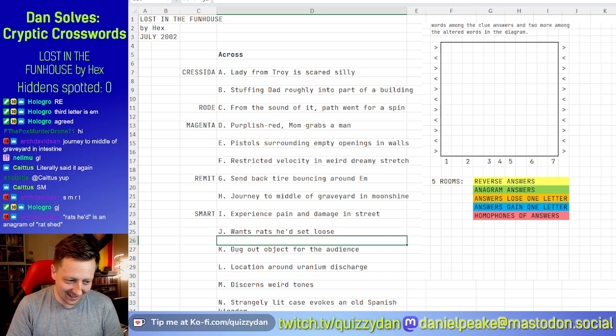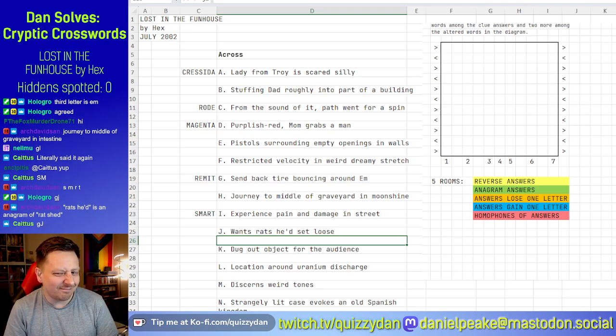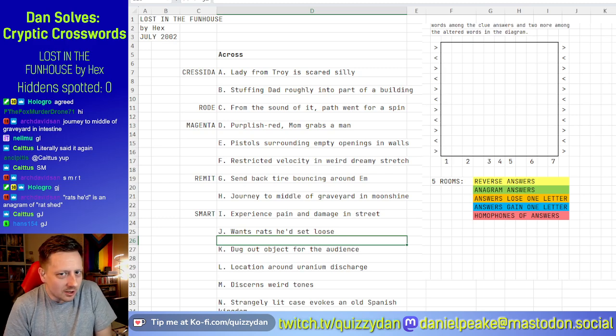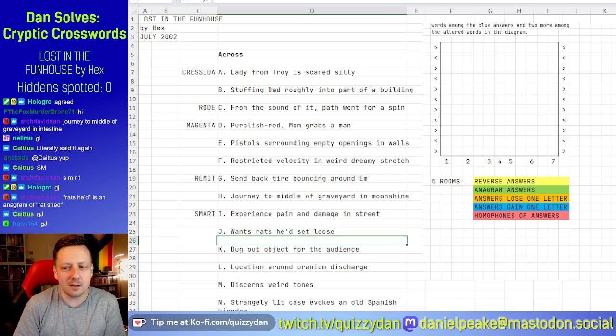It is. Is it an anagram if the letters are in the same order? It's a rearrangement because you're changing where the space is, but